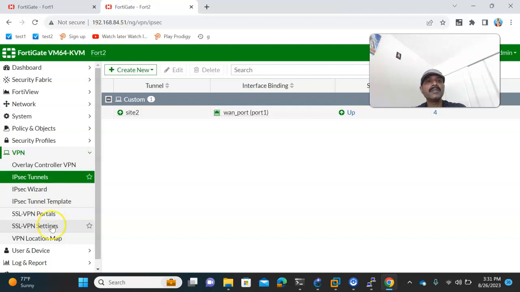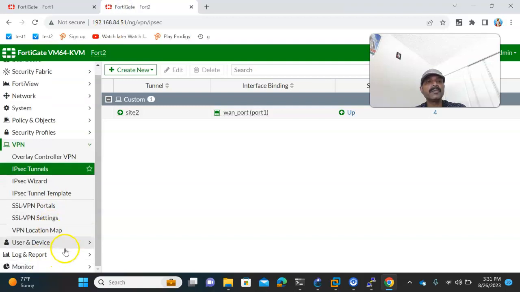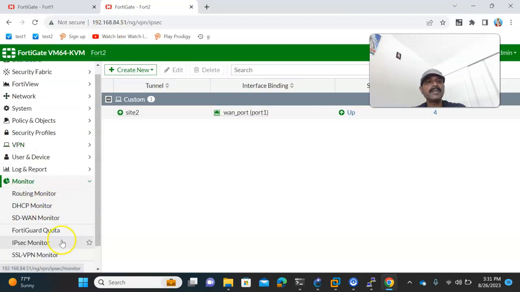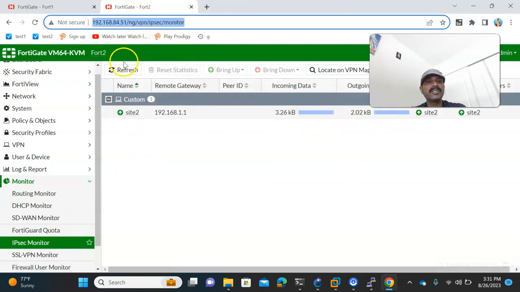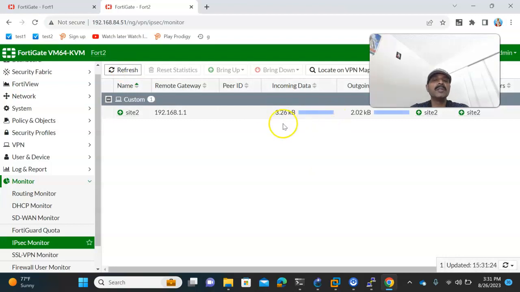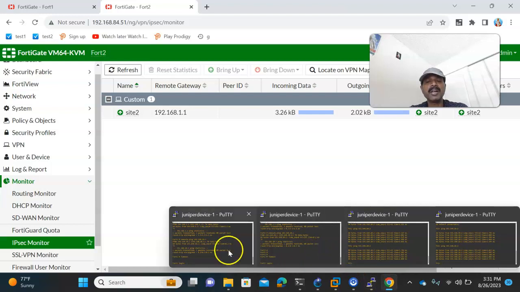So go to the second thing, go to monitor and the IPsec monitor. You're able to see the values are increasing, like just do refresh. So you're able to see. So this is how you can configure a customized tunnel, and how to check from the command prompt,